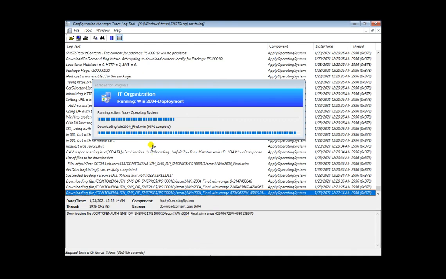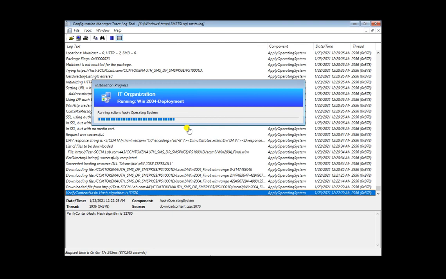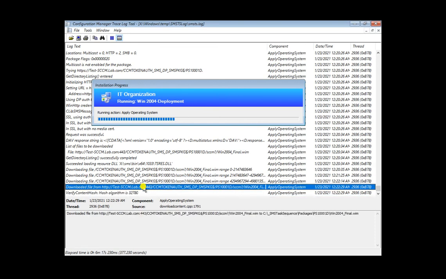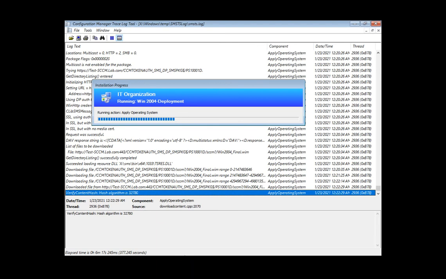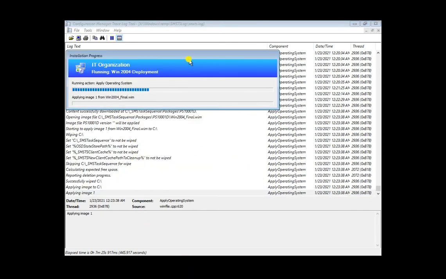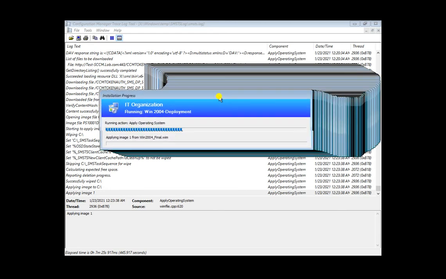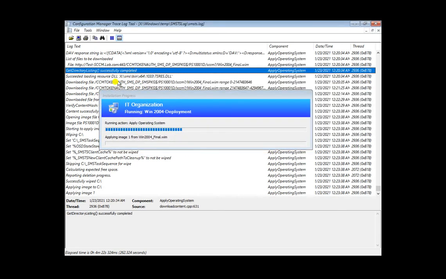Okay, so you can see it's almost done copying that file. Again, the logs file got changed, verifying the hash value, and after this verification, it will go to the next step. Okay, so now it verified the hash value and went to the next. Now let's see what it will do.